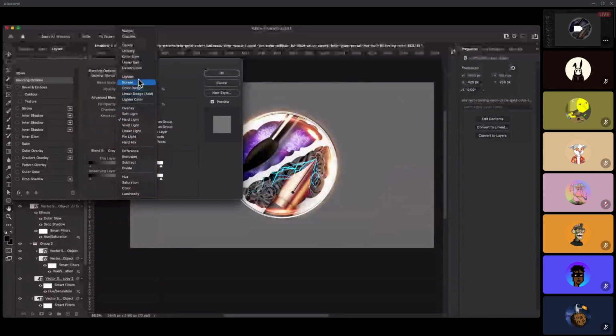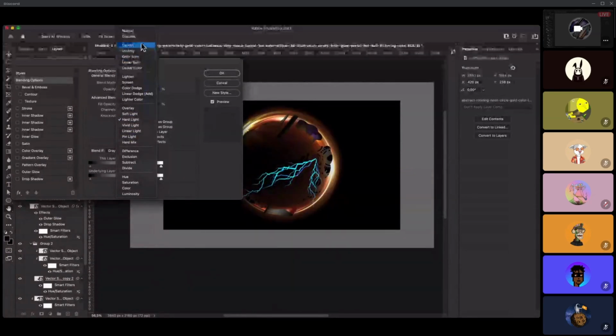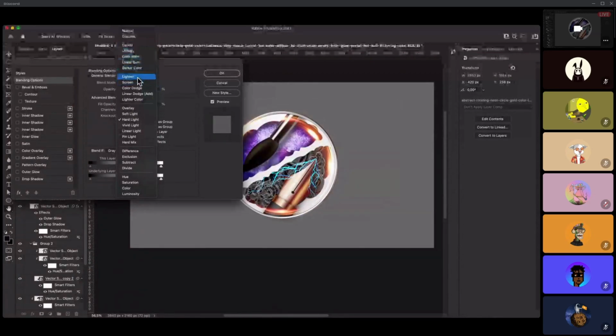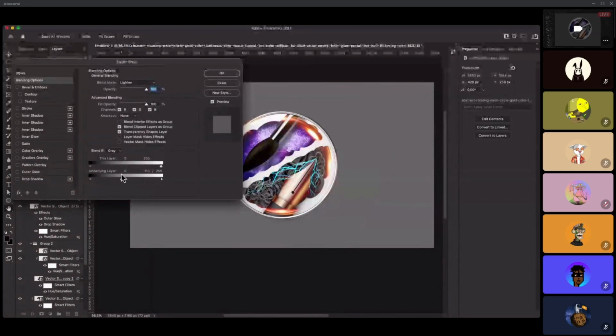No, that is too strong. Okay, let's see this one. And we start playing with the blending mode. So we start to play with shrinking it down, or this side, no, for sure. We keep increasing it and we go there.